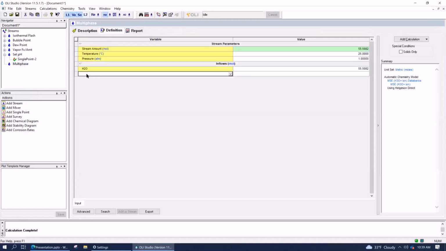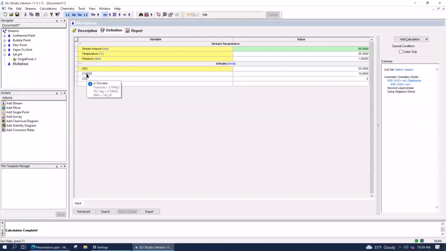Let's start with the hydrocarbon phase. Let's type in C10H22. That's decane, normal decane, and we're going to add 10 moles of that. In fact, we're going to make the water 50 moles as well, just so we have essentially even numbers. Then you're going to add CO2, maybe 0.1 mole of that, and H2S, 0.1 mole of that. Oh, I forgot the methane. Then add methane, CH4. I always want to use 10, but I don't want to evaporate too much. Let's add 10 moles of methane.